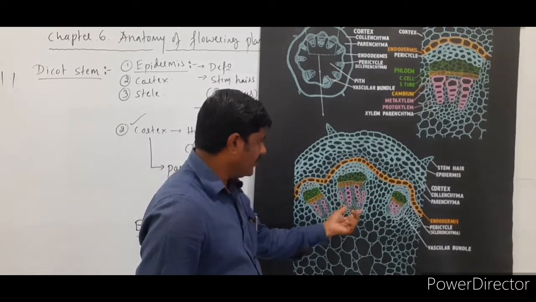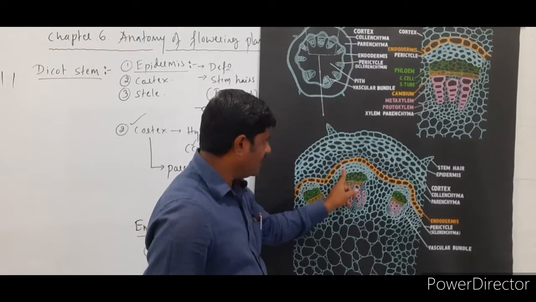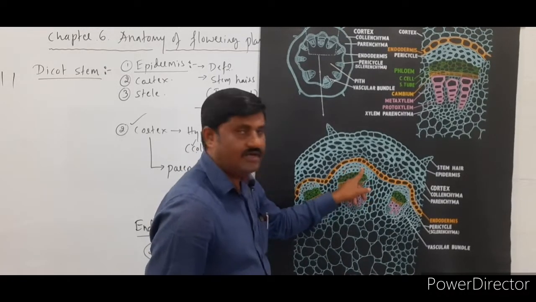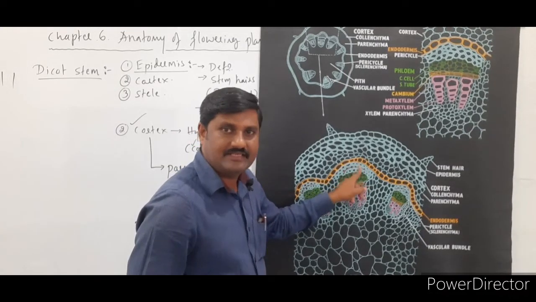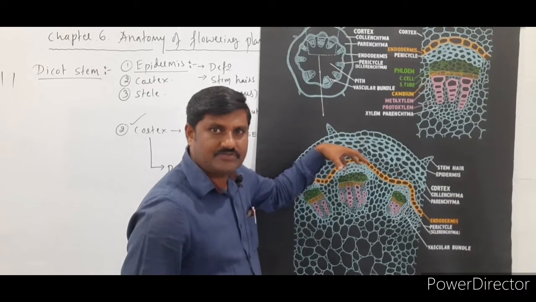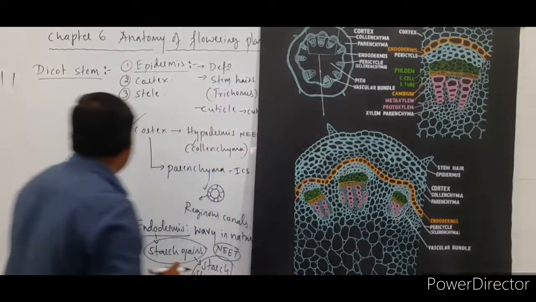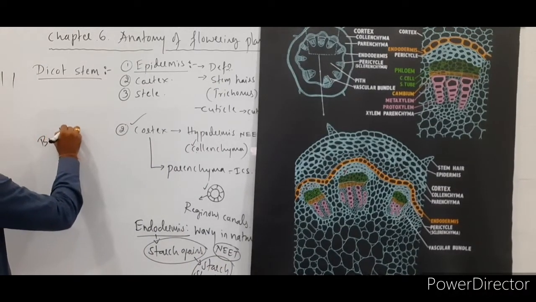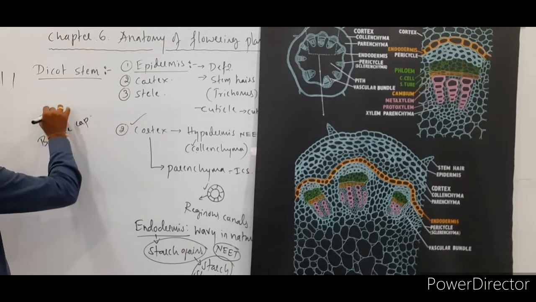over the vascular bundle. This single one is called a vascular bundle. Over this vascular bundle there is a cap-like structure which is made by the pericycle. What is this one? Pericycle. This pericycle makes a cap-like structure over the vascular bundle, hence it is called the bundle cap. What is it known as? Bundle cap, which is made by the pericycle.